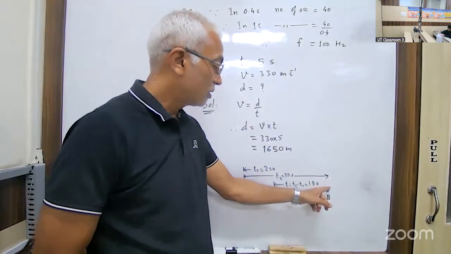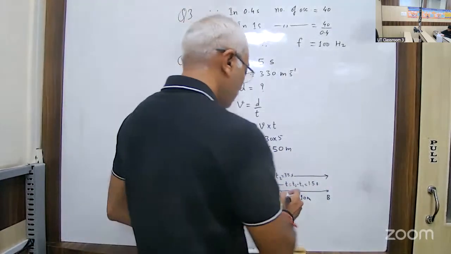So when the distance covered by sound is d is equal to 510,